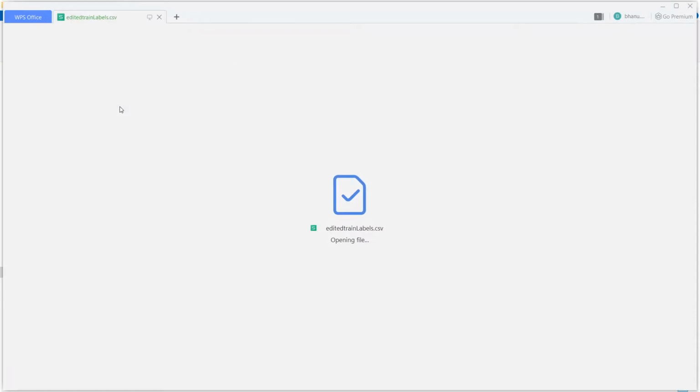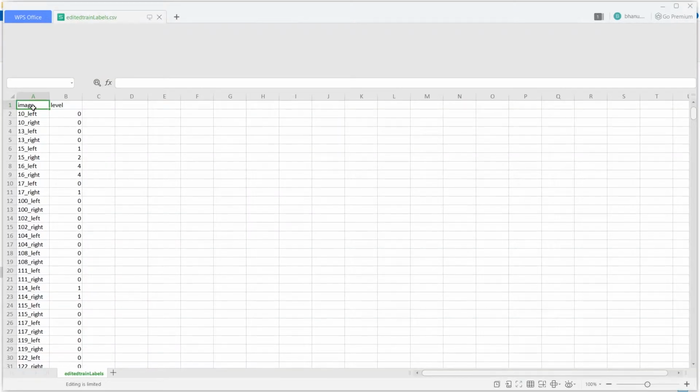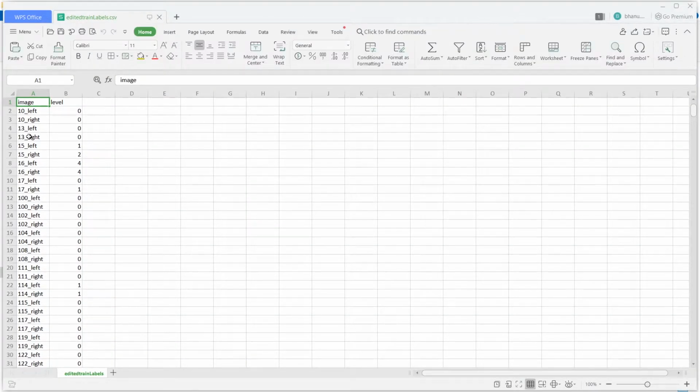Let's open it. Now you can see that this is the name of the image and the level it is connected to: 0, 1, 2, 3 and 4. So total 5 classes.